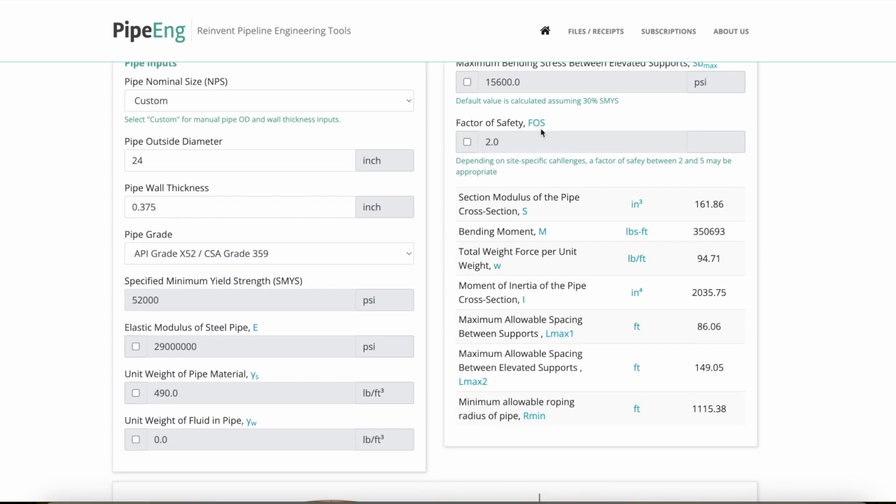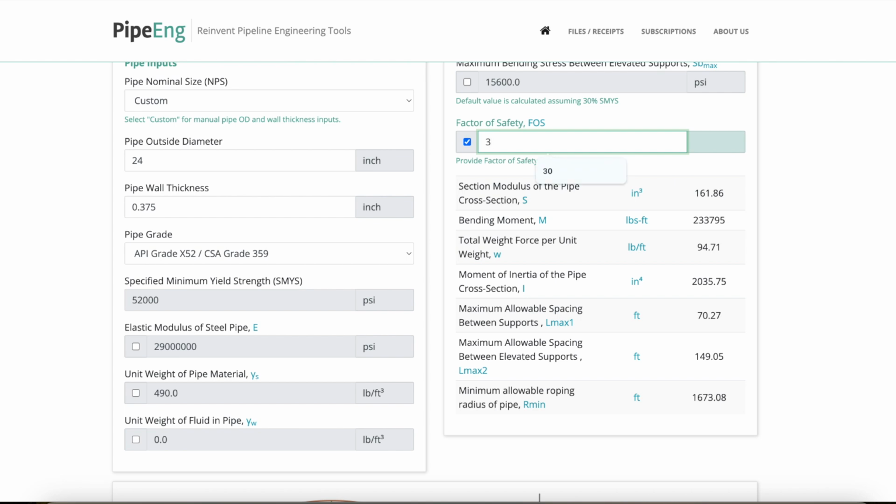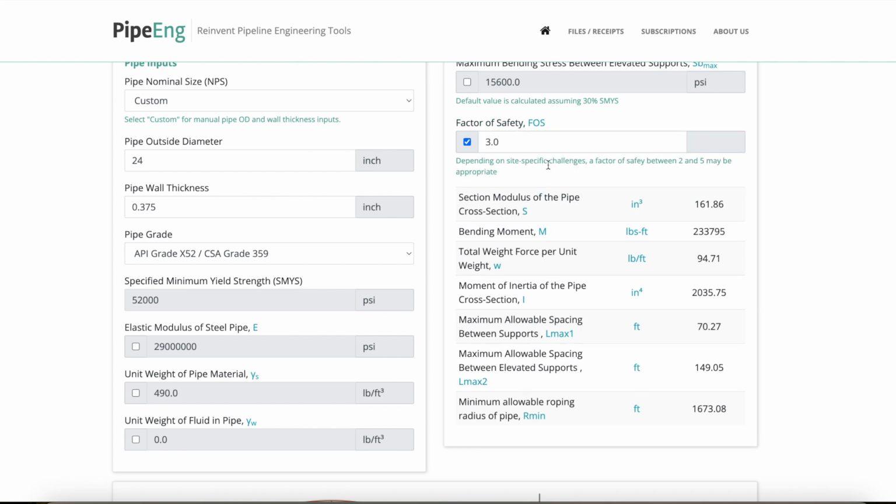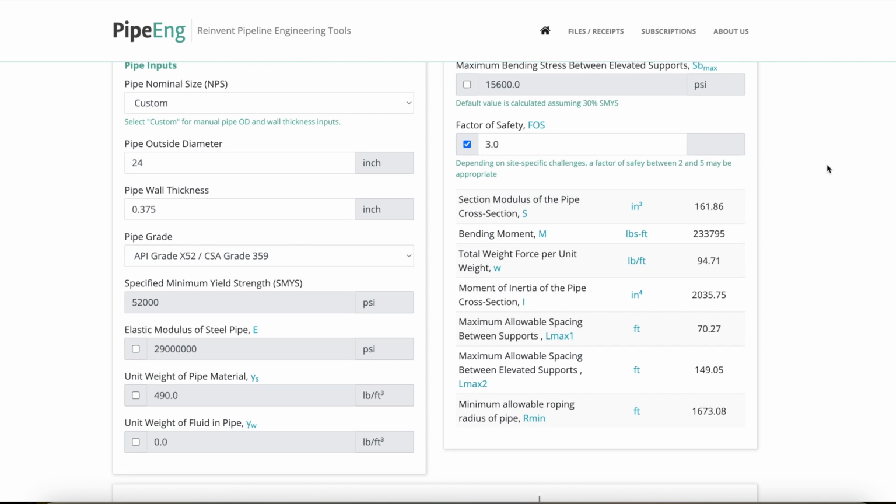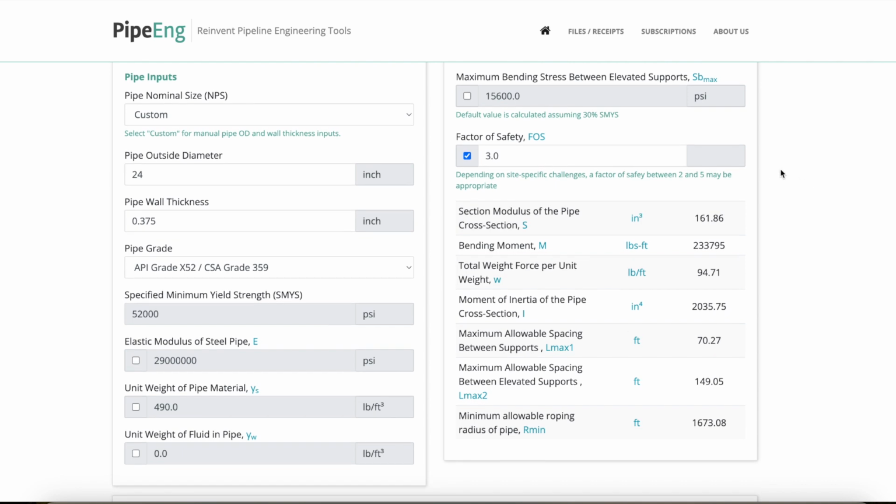Same thing for factor of safety, with typical values between 2 and 5. If you want to go more conservative, you could put it at 3.0. You could go to 4.0. But the default is gonna be 2.0. So based on the inputs, this tool is gonna calculate